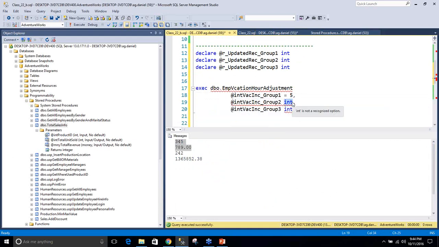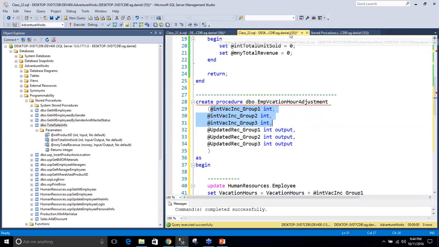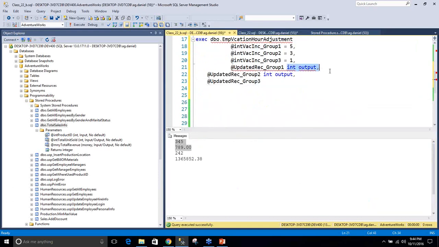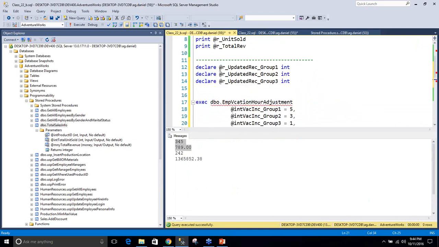For the second category, that is going to be 2. For the third category, I want to do it by 1. Okay, so that's what my logic is. So that's the value I'm trying to provide. And we also need to capture the output parameter. So here you go. So this one is going to be